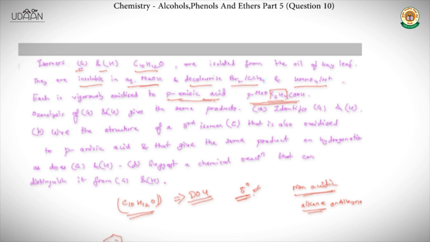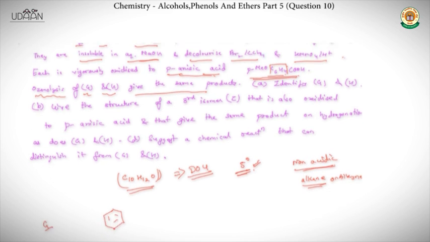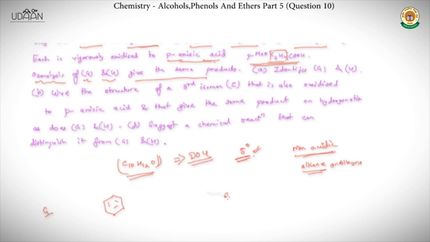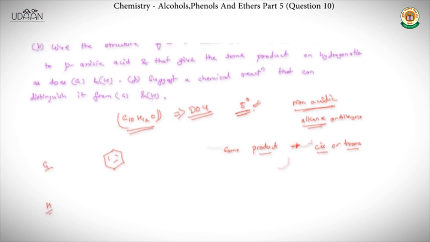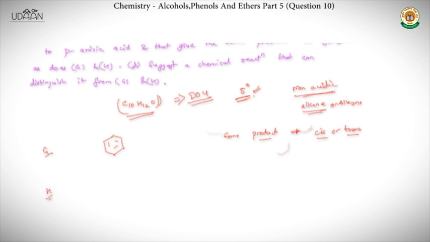And it's also given in the question that ozonolysis of G and H gives the same product, and we know whenever we get the same product in ozonolysis, then it has to be an isomer, or both should be isomers. Both can be either cis or trans. Therefore, let us see what the compounds can be, as they are forming para-anisic acid. They should be